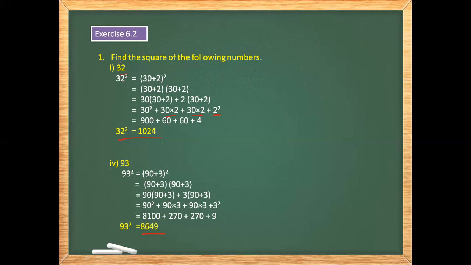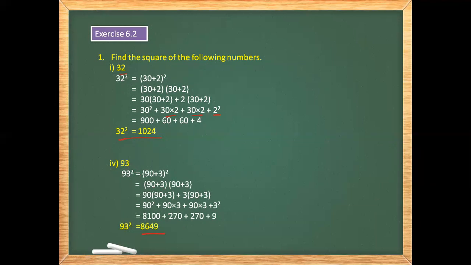See here, every number I am just splitting up like this. 32, that is 30 plus 2. Here 93, I have written 90 plus 3. So in this way, you have to write down the given number in tens place digit plus units place digit, and then do the same procedure and find out the square of the given number. Understood children? See here, I have taken 2 examples and the rest of the examples you have to do on your own. And if you are feeling any doubts, please ask me in our online session.